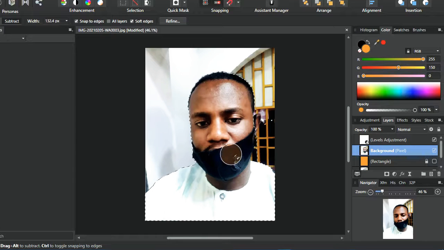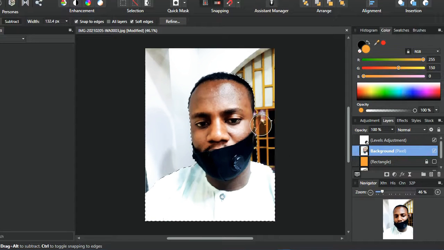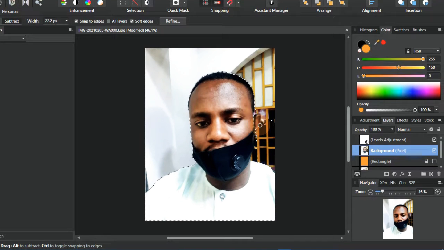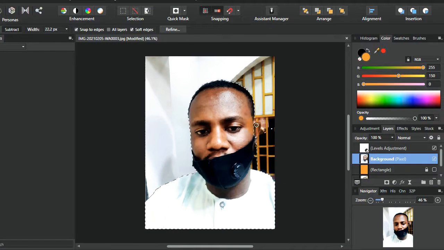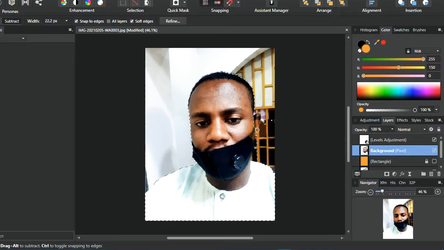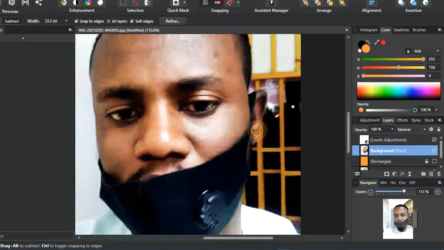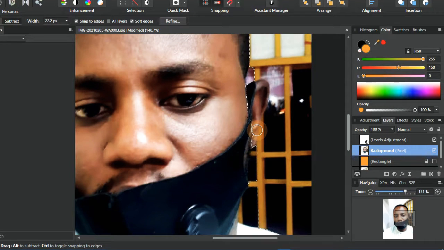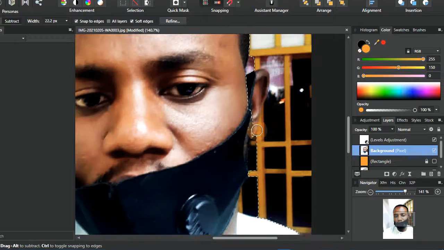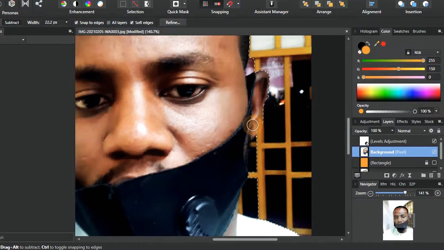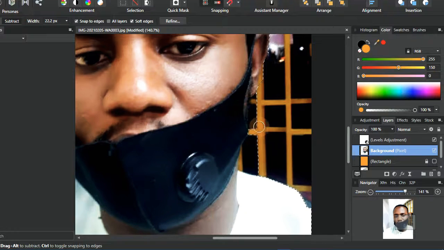So on that note, since I want to make sure that my selection is very okay, I'll have to be toggling between reducing my selection tool using my angle brackets or whatever key that I've told you before. So I'll zoom in by holding Control and scrolling the slider on my mouse up so that I'll be able to zoom in. So like so, I'll now make a selection of his ears,